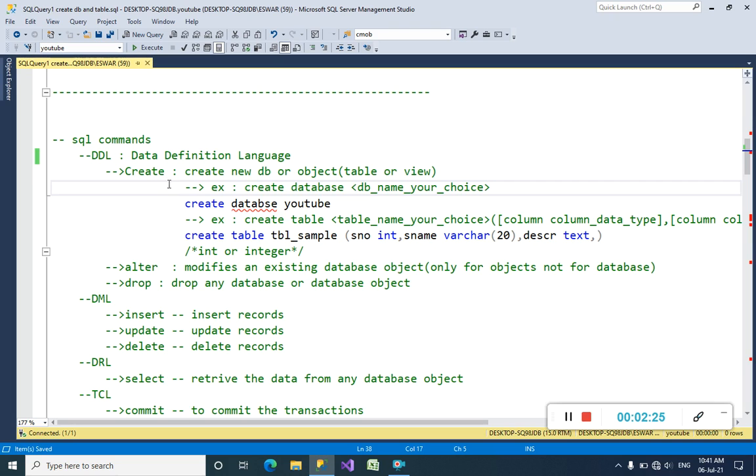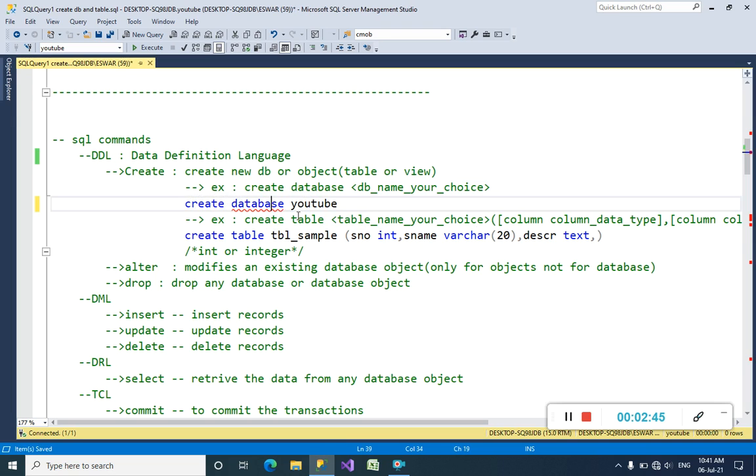The create command will help us to create a new database or objects like tables or views. Create database, how the structure follows: create database name. Create database YouTube.